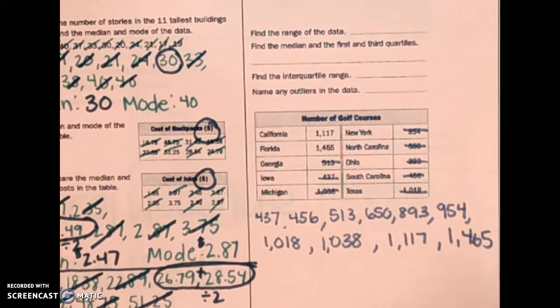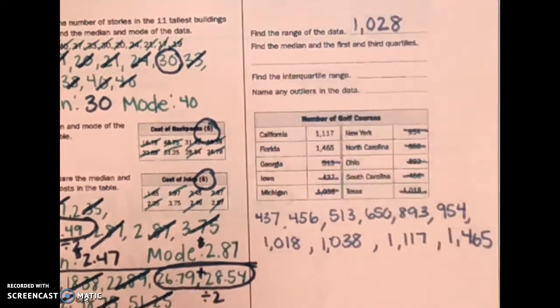And since I didn't write it all in one line, it's going to be a little trickier to figure out. But for range, it's pretty easy because I'm just going to do 1465 minus 437. And I get an answer of